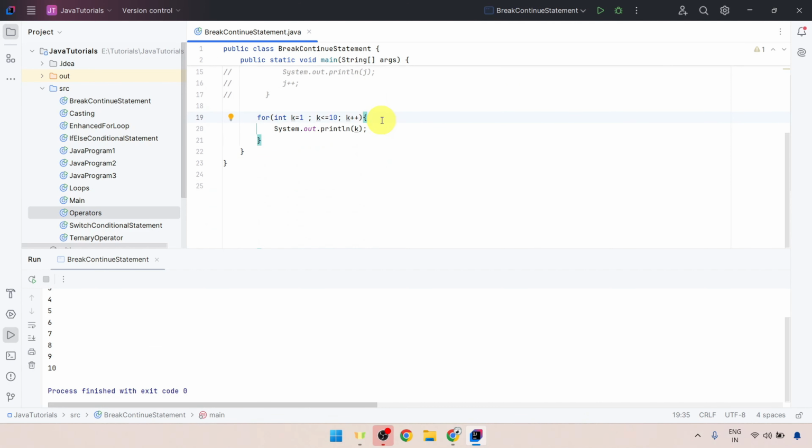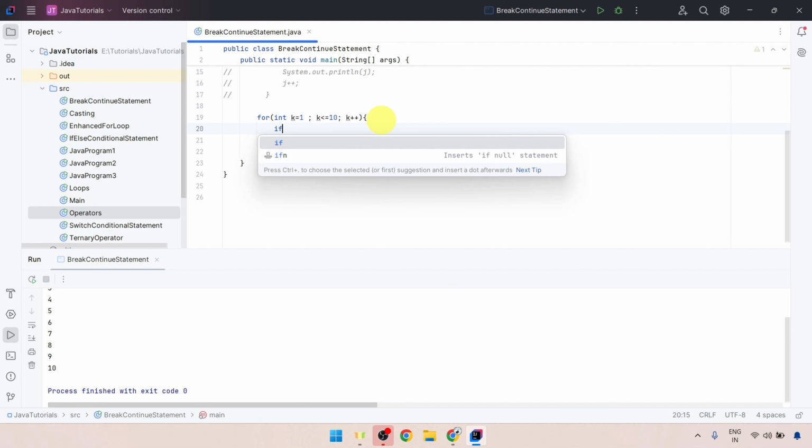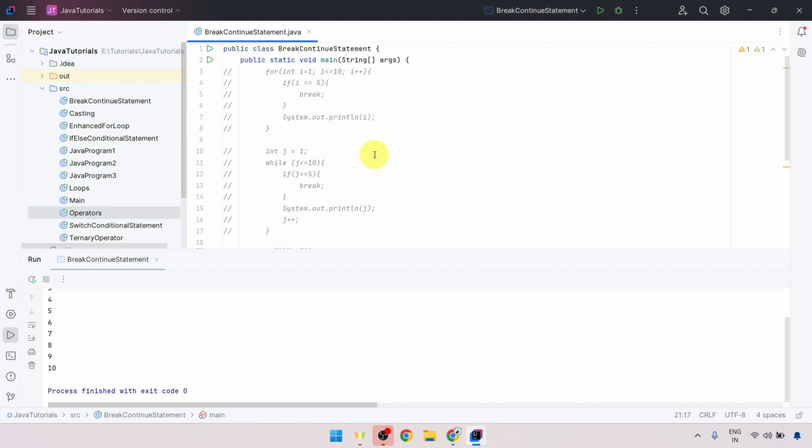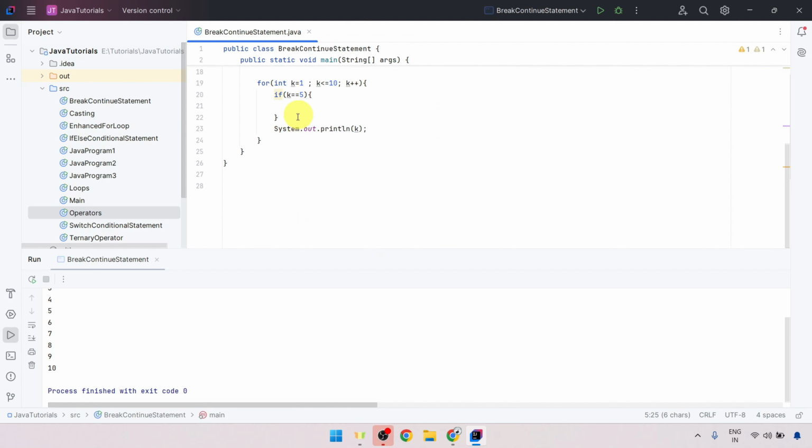Now let's see how we can use this continue statement. So again we are taking the same example. For now it is printing values from 1 to 10, but we are going to put a condition where k is equal to 5, and then opening and closing curly braces. And here previously we used the break statement to terminate the loop, but now we are going to use this continue statement, which will skip the current iteration,